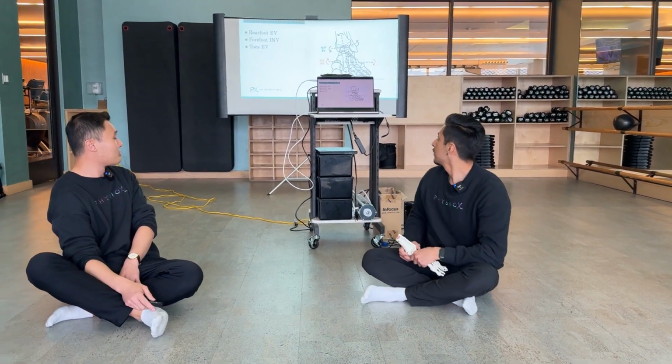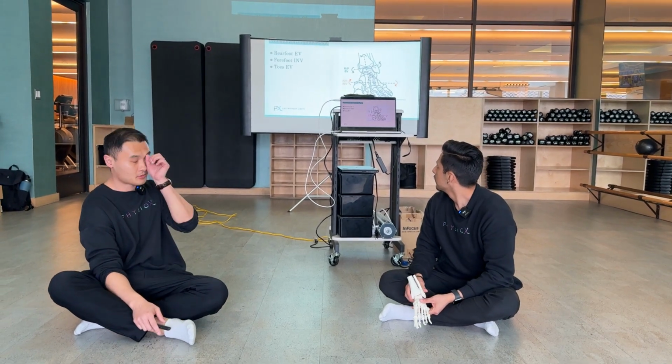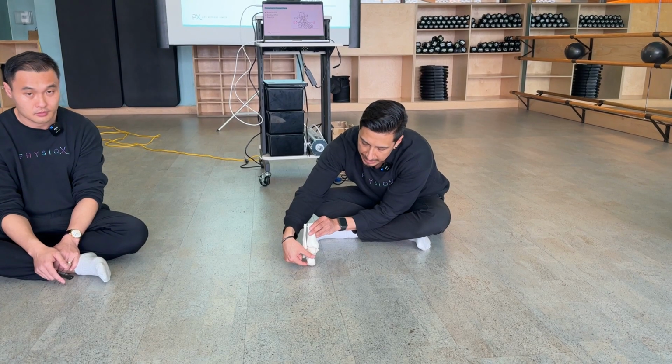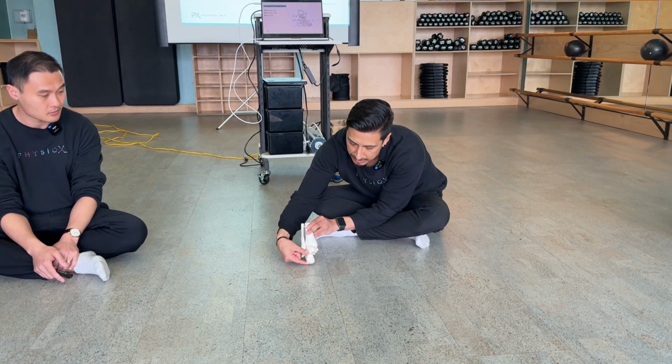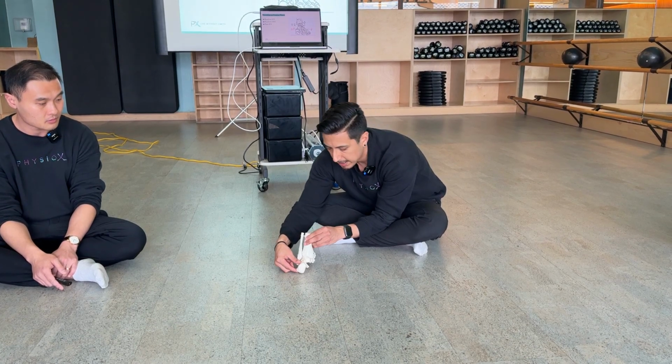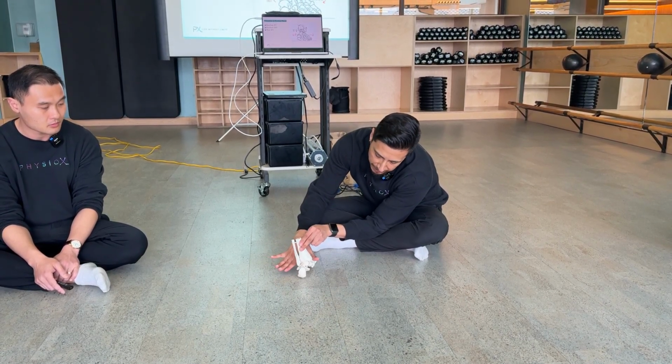And we're going to run through the other planes real quick. So this is frontal plane. Look at it from the back with the heel. The heel, besides it tipping down, it also needs to tip out a little bit, and that's eversion of the calcaneus. And what that allows is this midfoot to drop